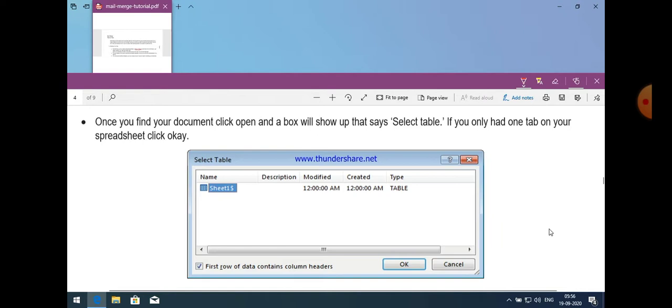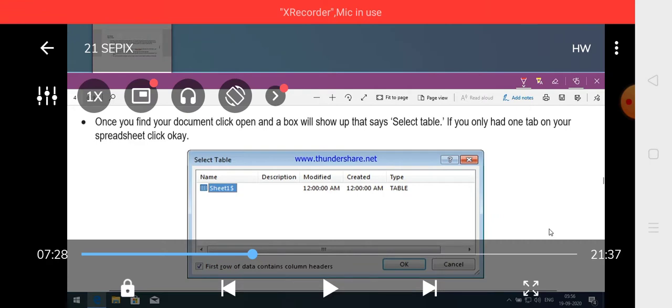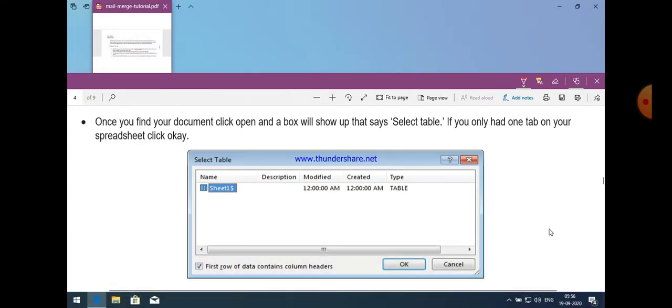Otherwise, you have to select the spreadsheet in which the information is given. So you can easily see here that there is only a single spreadsheet, so a single spreadsheet appears here, and you have to select that sheet to select the data.